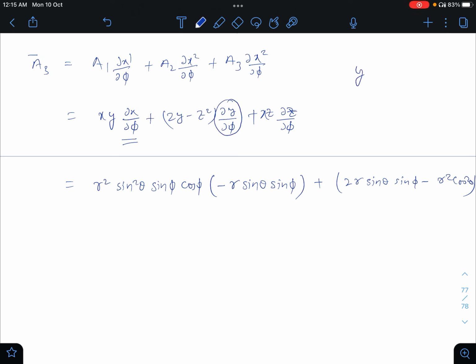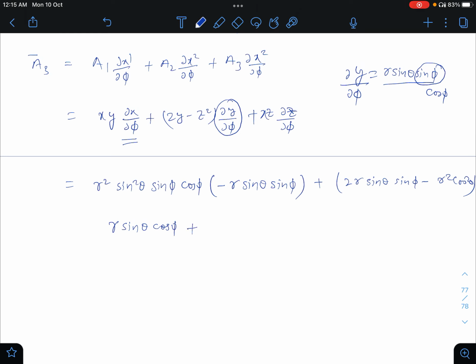So we know y is equal to r sin theta sin phi. So what will be delta y by delta phi? Instead of sin phi, it will become cos phi. So let us write this, r sin theta cos phi,